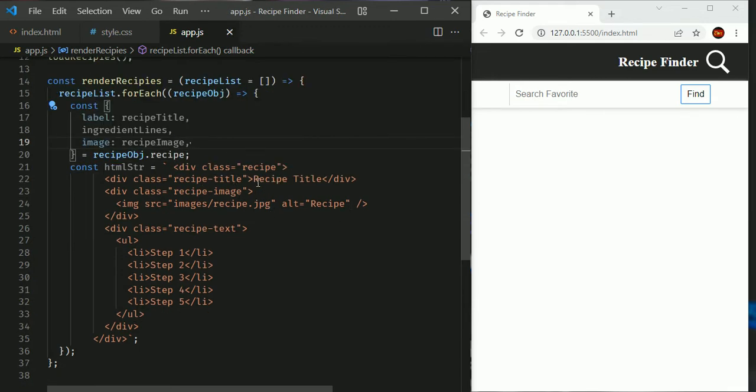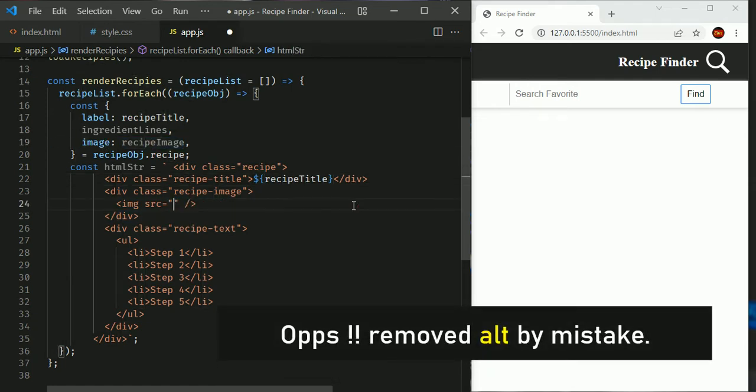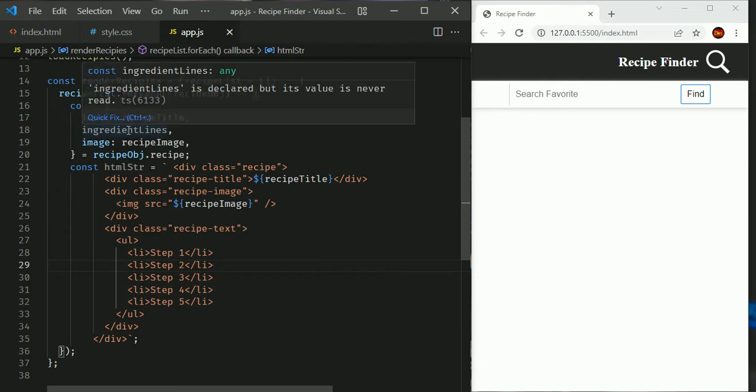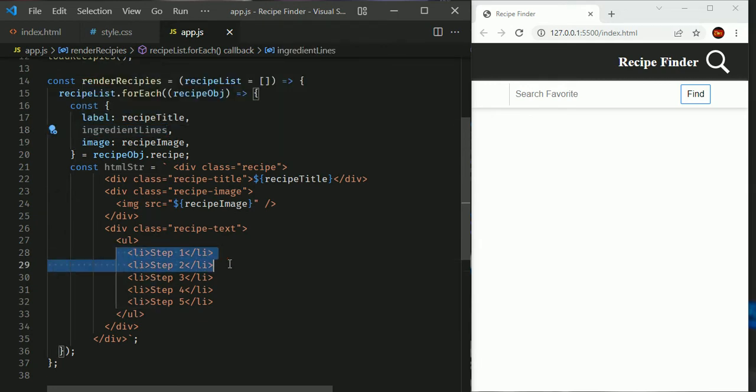To bind them, simple, just remove this recipe title, use the dollar symbol, recipeTitle. Same way we are going to use this recipeImage. So instead of src, we are going to use the dollar and recipeImage, and we need to iterate through these ingredient lines and form these list items, and we are going to do this in a while. So before that, let us render this on the